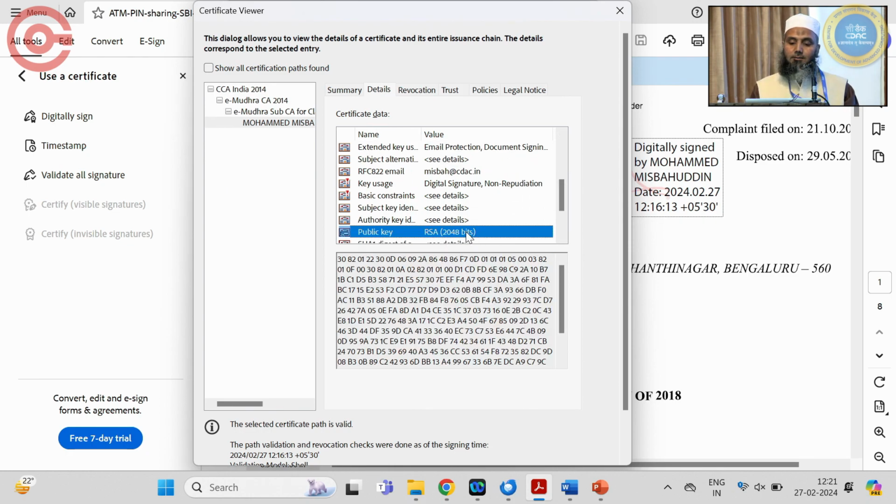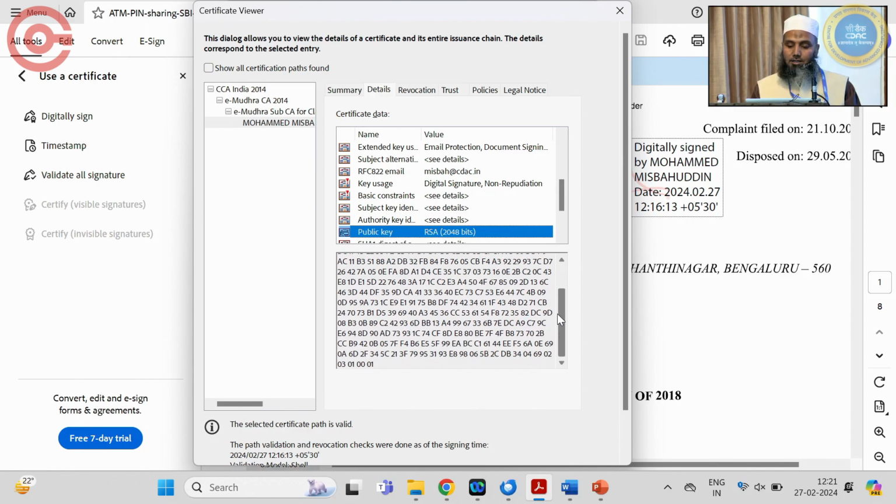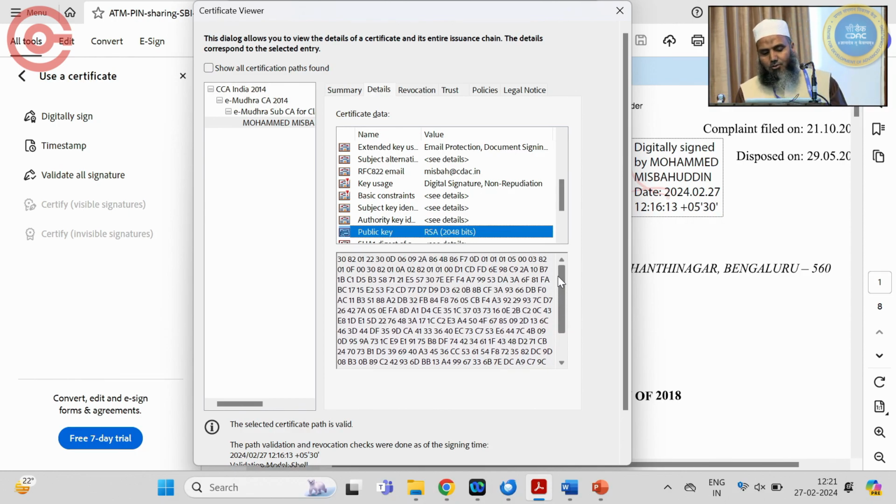Here is my public key. This is how your public key looks. Even though your private key is there, it will not be displayed. The owner of the key itself cannot see the private key, because if you allow the user to see his own private key, then there is a possibility